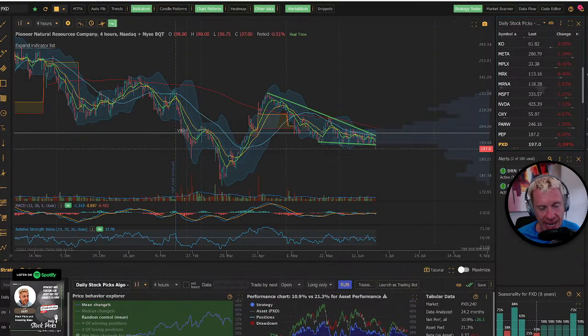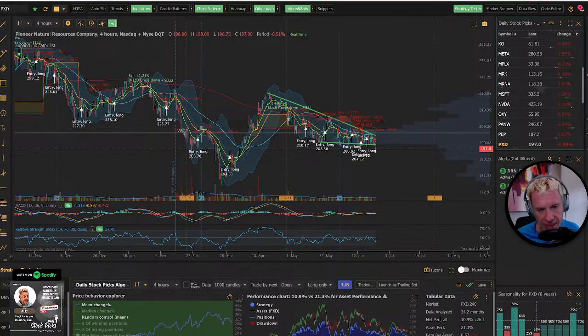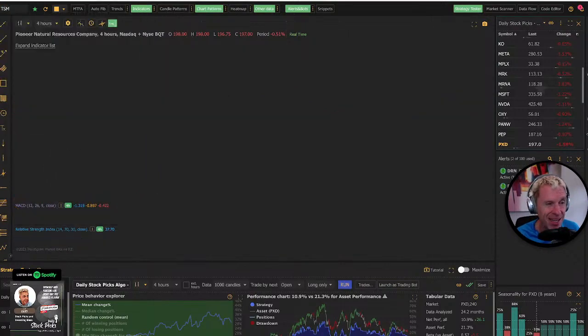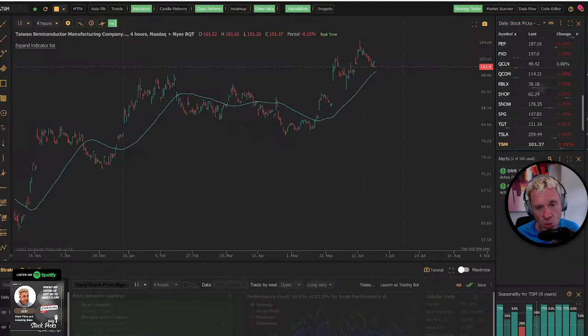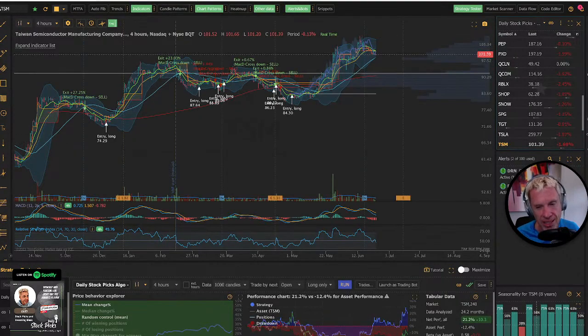I continue to say the 11% dividend, it's worth it to take a risk on this one in small doses. It's energy. I just don't know when energy comes back, but every time oil goes up, this one starts to go up as well. It kind of teases us. Taiwan Semi, it's under 100. Well, it was under 100. It's over 100 again. So Taiwan Semi, I think you're good in buying chips. This one in particular, anything under 100, I think you pull the trigger.